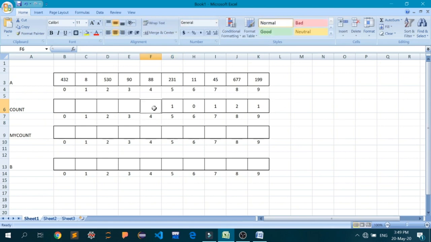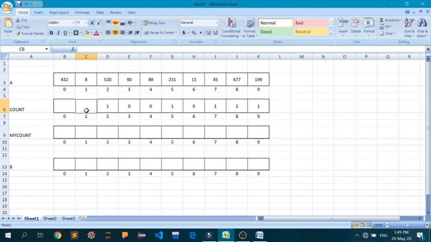In that way we'll be doing that. I will show you the first pass in detail, and after that I will just speed up the process because we are going to do the same process again and again. For 4, let's see how many 4s are there at the 1s place. No, so we'll add 0 here. How many numbers have 3 at their 1s place? No one, I have 0 here. And 2: this is 1 and no one else, so I will have 1 here.